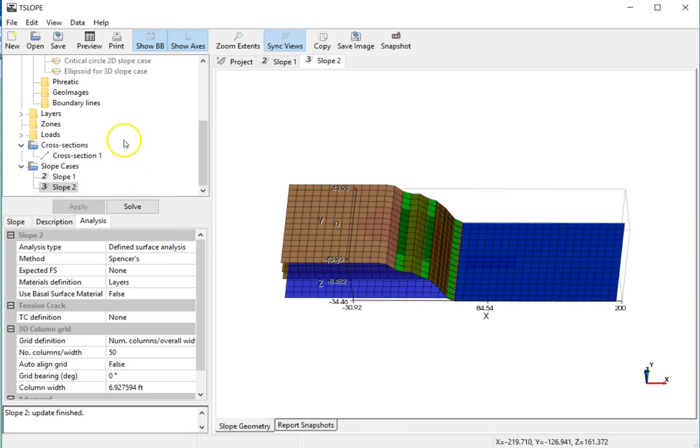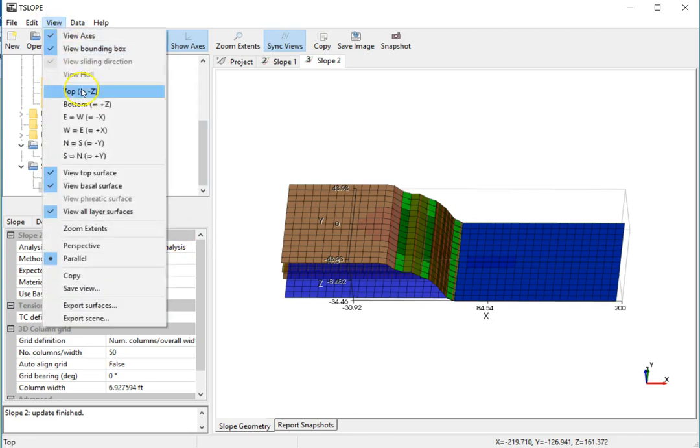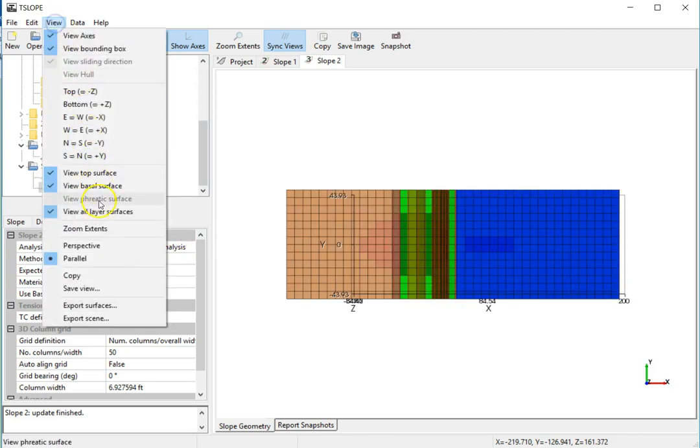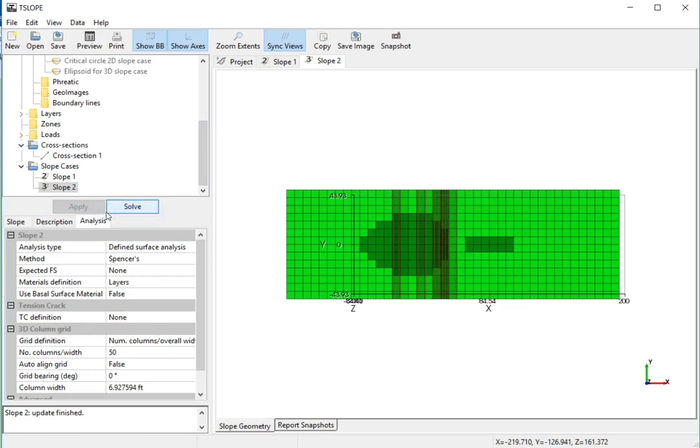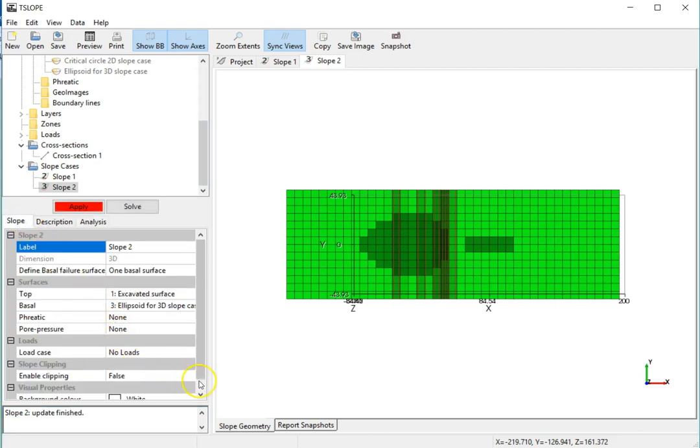The 3D gridded model is displayed. The columns involved in the analysis are shaded a darker color. This is more easily seen if we turn layer coloring off. We can increase the number of columns to help reduce any edge effects during analysis, and we can use slope